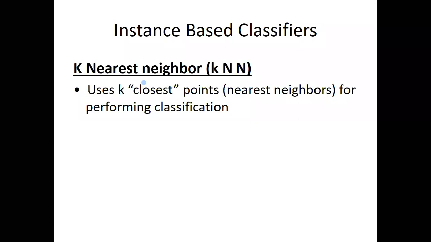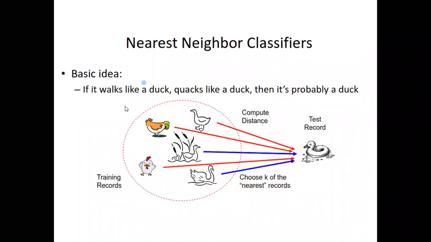Once I show you the examples, you will understand. Is it clear? K nearest neighbor algorithm is one of the instance-based learning algorithms. See this example, all of you. This red circle indicates our training data, and this training data has got five or six birds. So using this data, I will train my system.